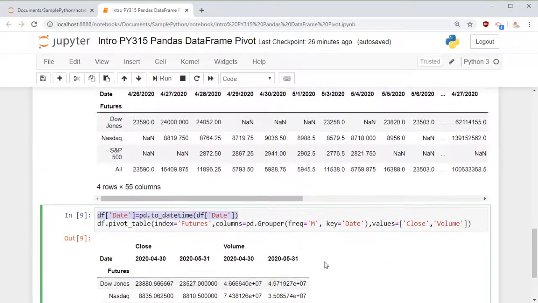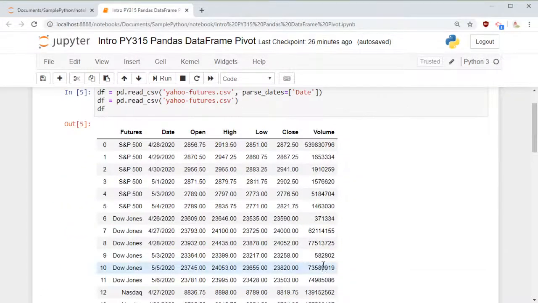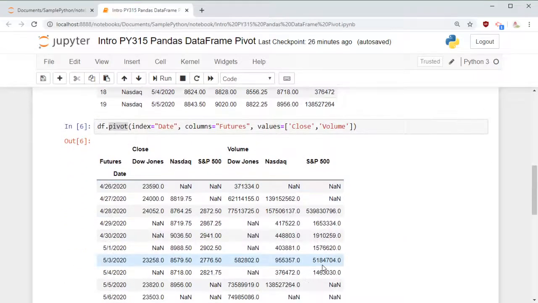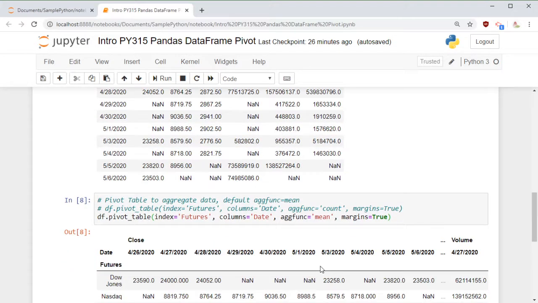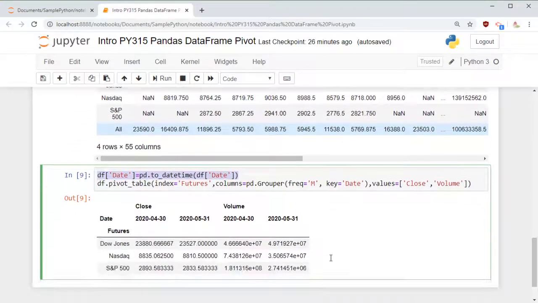So this is perfect. To recap the whole information, we read the file and then we used pivot, which was just to arrange the rows and columns the way we want. After that, we did pivot table. There we can use an aggregate function, but it was not very helpful for us because our data was very clean. We have only one record for every combination. So we wanted to group that further. For that we used a Grouper, and we grouped them by dates and all those kinds of things, and we were able to achieve what we wanted.